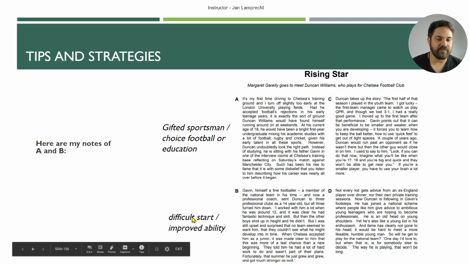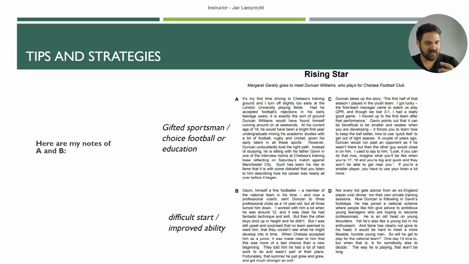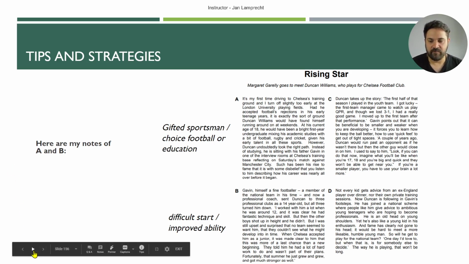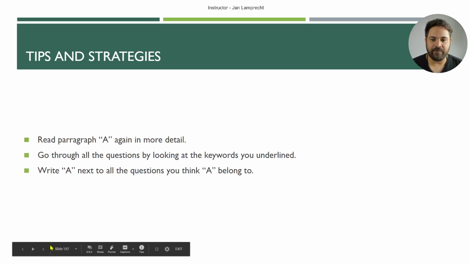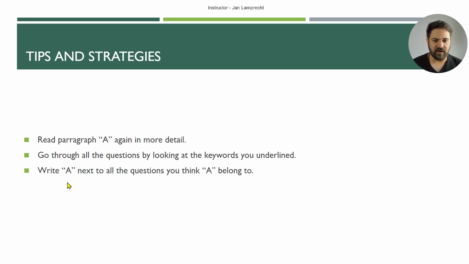And then in B, difficult start, improved ability as well. And my summary of this paragraph as well. Okay, your summaries might be slightly different than mine. You don't have to have exactly the same as I do, but they have to be closely related at least. Okay, so now that you have summarized your paragraphs, you can read paragraph A again